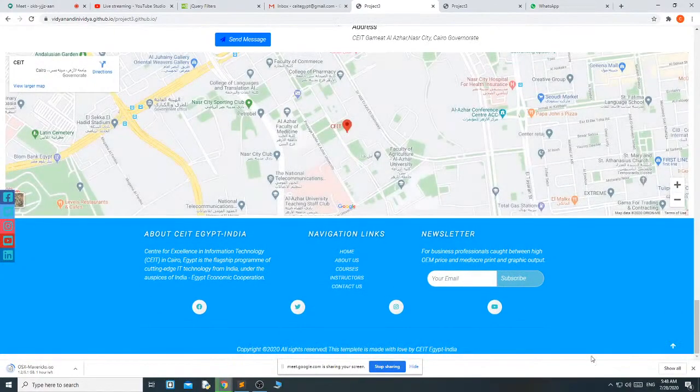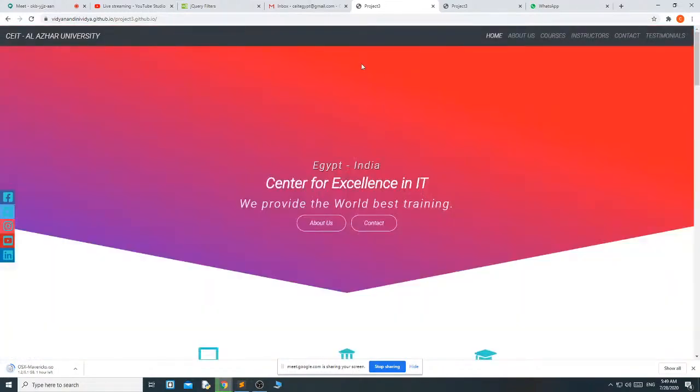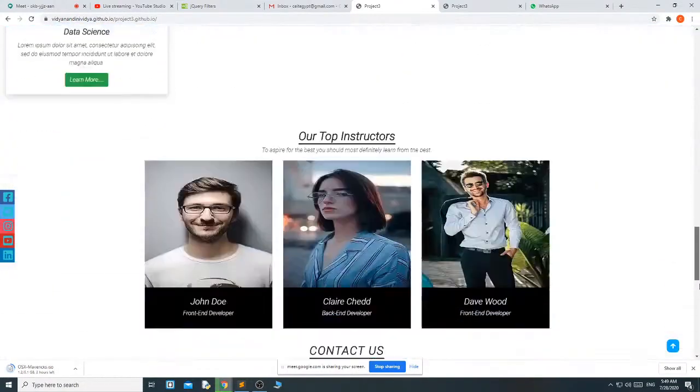The footer is about 30 to 40% similar to what we did in the previous project, but here we will see how to create the newsletter, and we have added the social icon here. We have added social icons in the fixed sidebar, and we have added social icons in the footer.